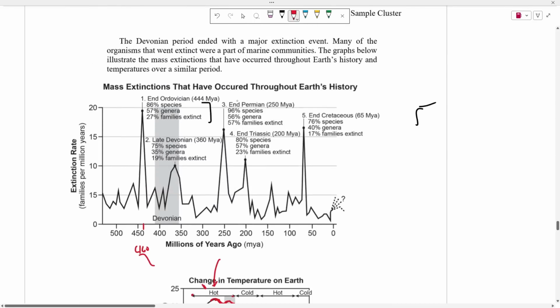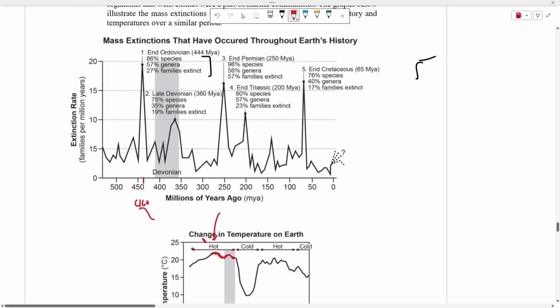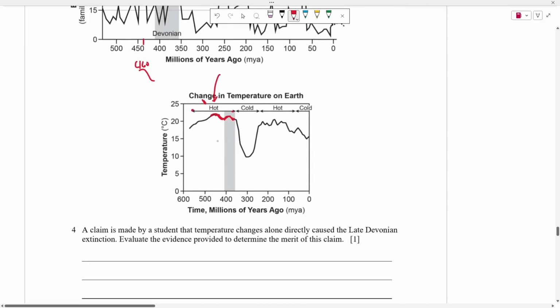Okay, then we had this Permian extinction event, right? Which was 260 million years ago. Okay. So 260 million years ago would be somewhere around here. And again, we see how the Permian extinction event is during a point of relative temperature stability. What's interesting here is that the Earth went super cold, right? The temperature significantly dropped here, between pretty much the end of the Permian,